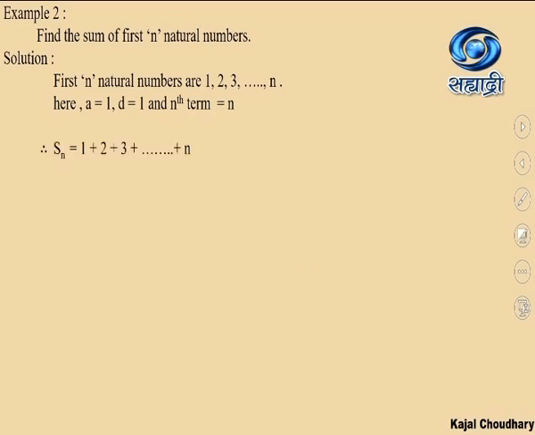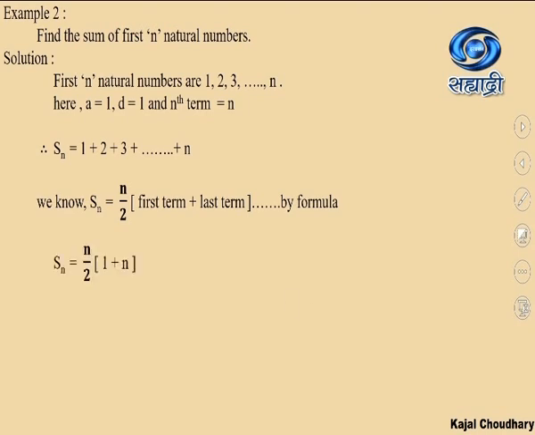Let's see how. So, Sn is equal to 1 plus 2 plus 3. Now, we can go on writing the numbers over there, but we won't be able to find the summation directly. So, now here we need to put in the formula. Now, as we know the first term, here you can actually use the simple formula also, n upon 2, (2a plus (n minus 1) multiplied by d). But right now, as we have the first term, we know the last term as n. So, we can directly write it using this formula. So, replace the first term by 1 and the last term by n. So, Sn is equal to n upon 2.